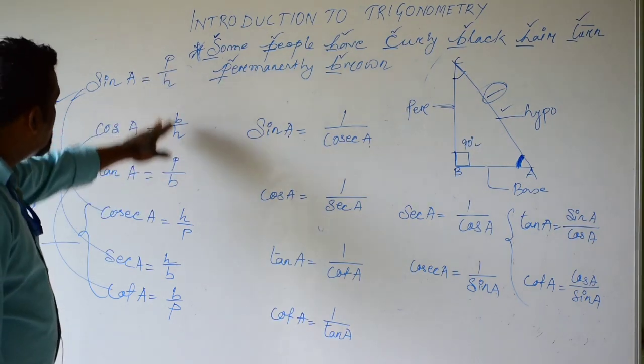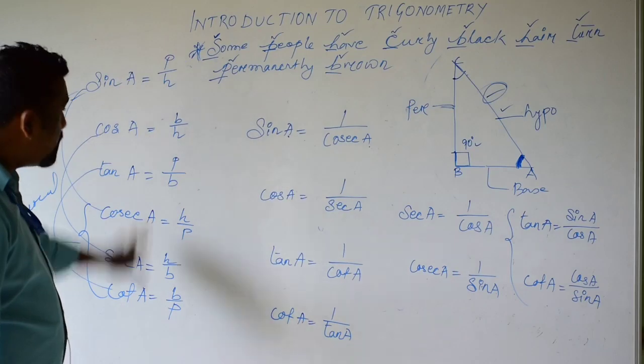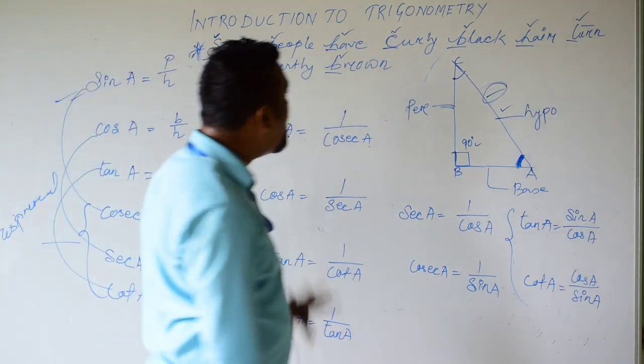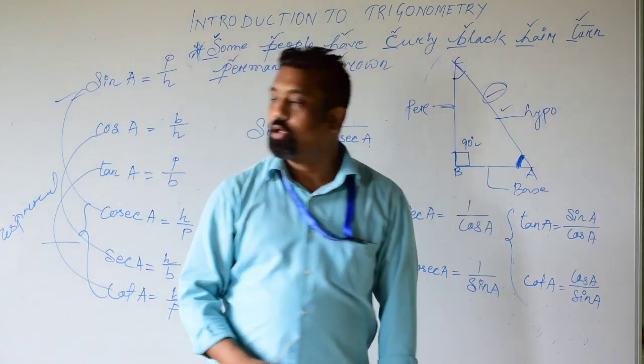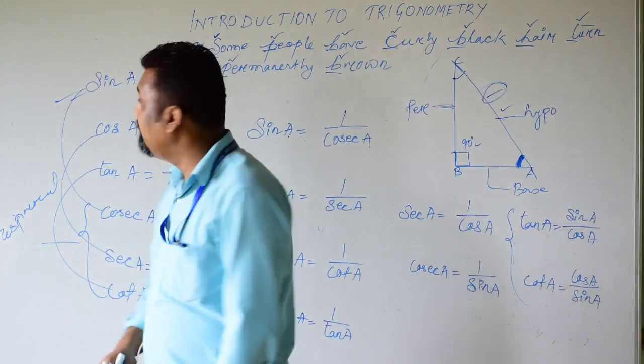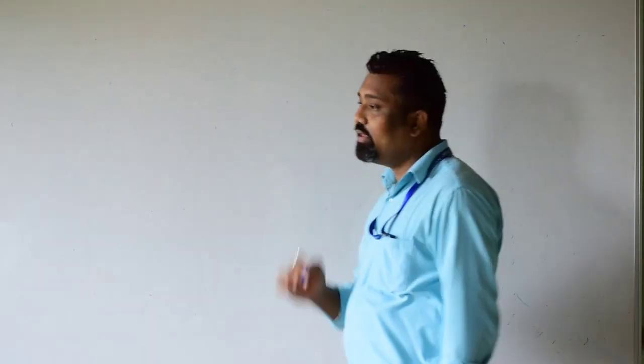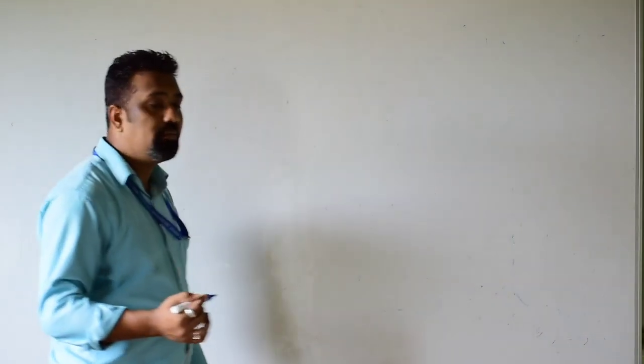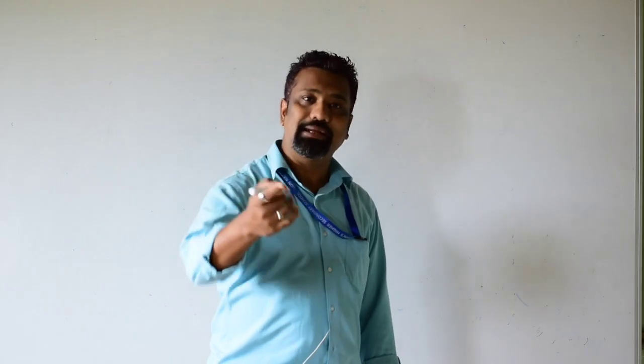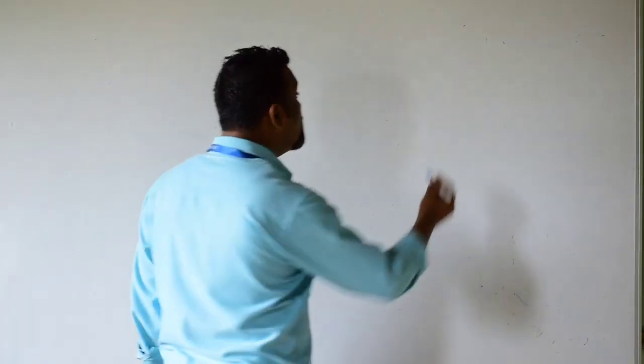So you can learn this one by heart, and you can remember it also, so that these things will help you for the coming problems that we are going to do in the exercise. Now, before we jump to Exercise 8.1, I have to teach you the Pythagoras theorem, which you will be getting in the triangle chapter in the same book only.